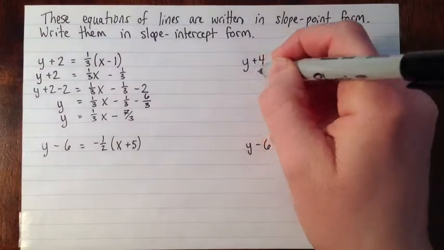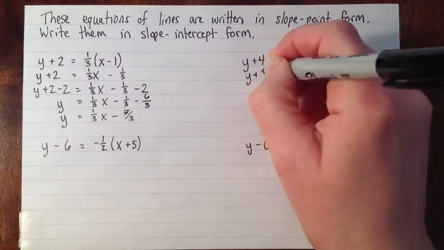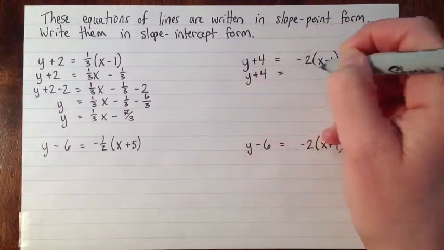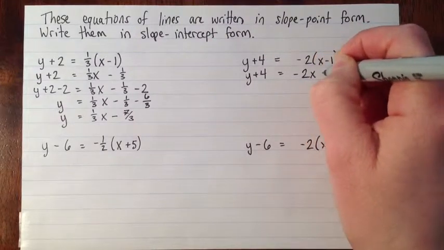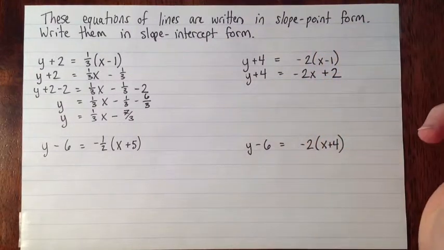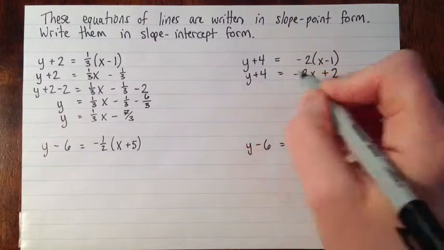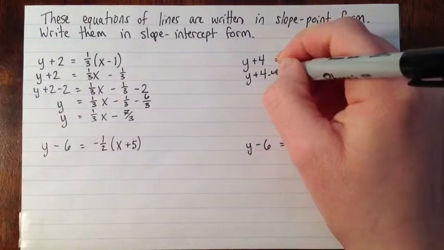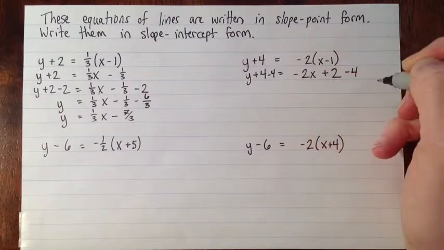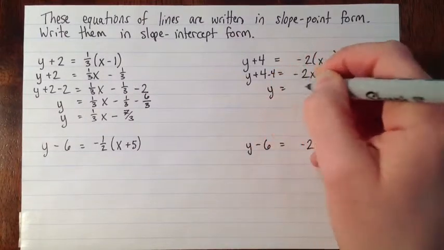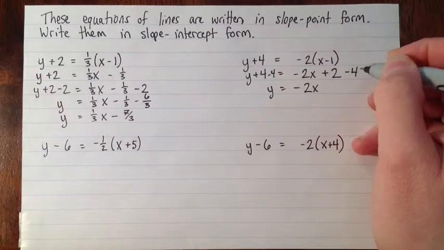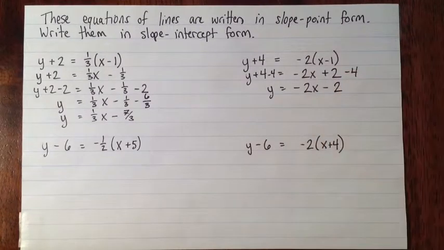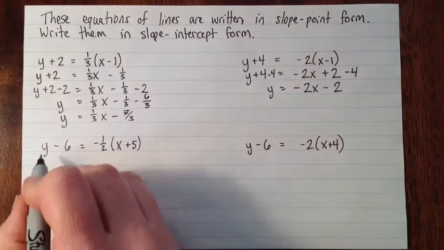Okay, and the next one over here, we've got y plus 4 equals, I'm going to just simplify the right-hand side, negative 2x plus 2. And now I'll subtract 4 from both sides. So I've got y equals negative 2x, then plus 2 minus 4 minus 2. Okay, down here,